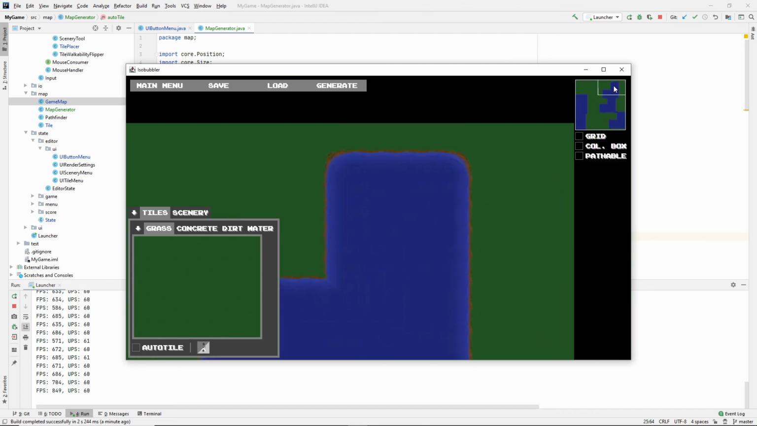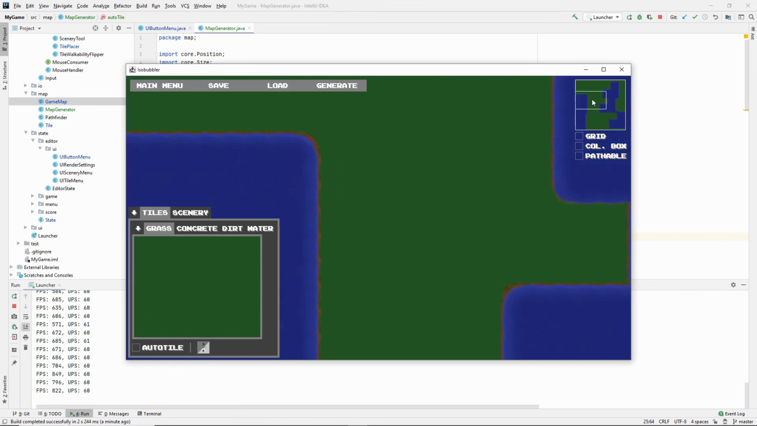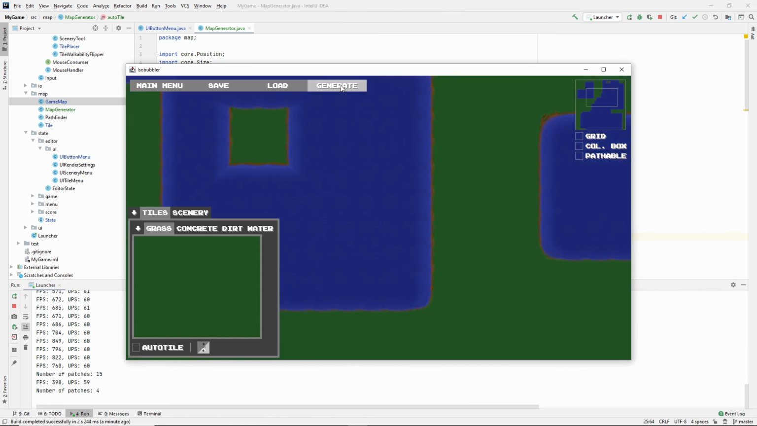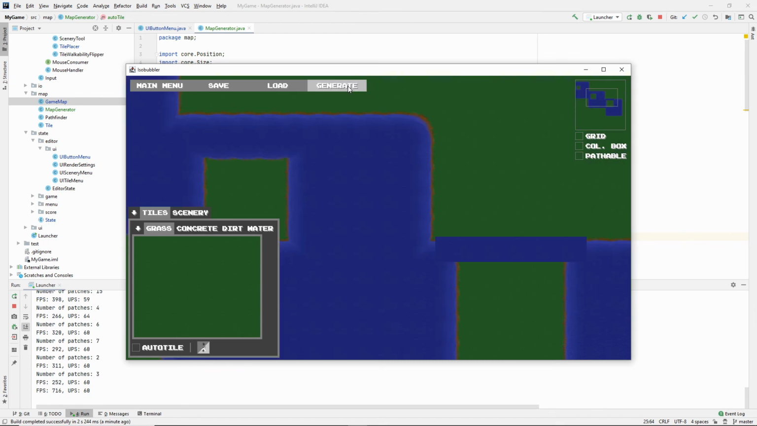But this will be it for today. We have generated pools of water, and sometimes they're very large, sometimes they're not, sometimes they merge into one, sometimes they look like this. So yeah,